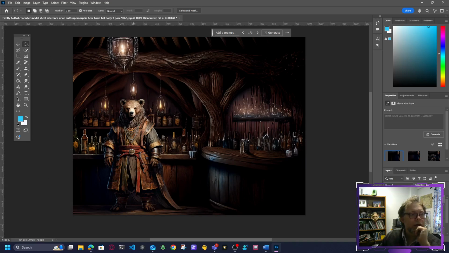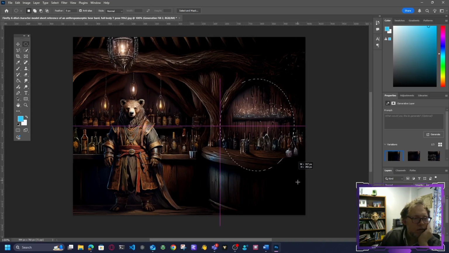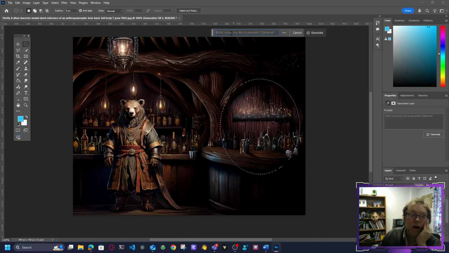Okay, so we got our character in here. We got our pub scene. We could try to generate our other character in here. Let's see if we can get it to work. Maybe I'll put her behind the bar if it'll let me. And let's try it, okay? So we'll say,